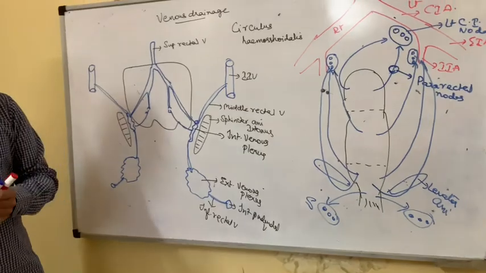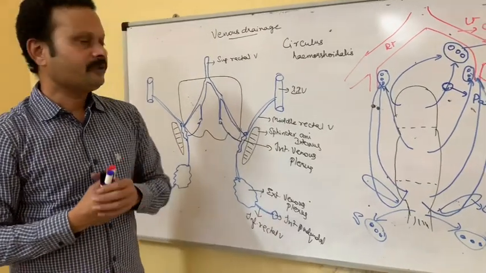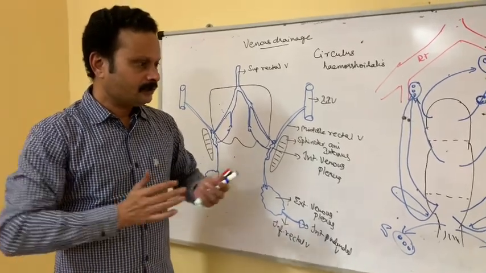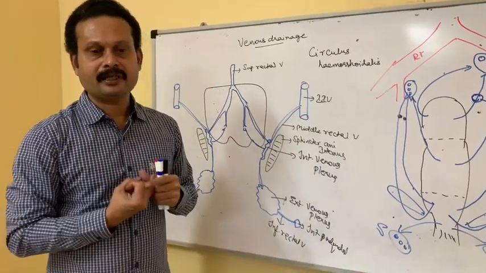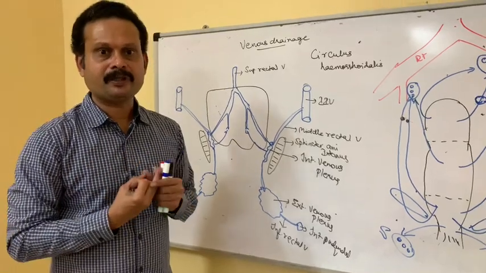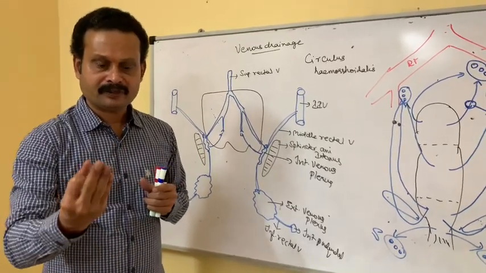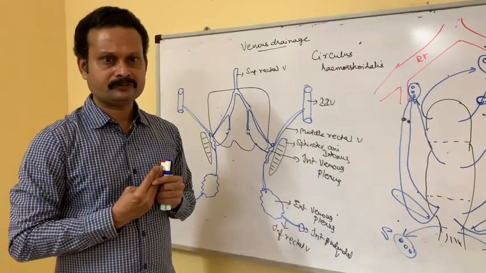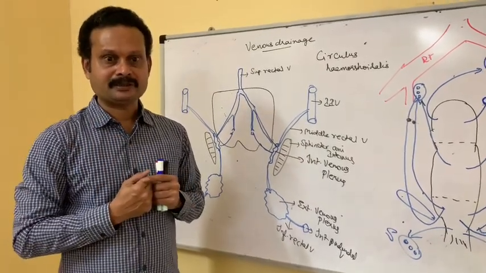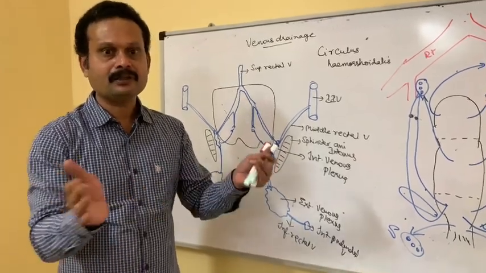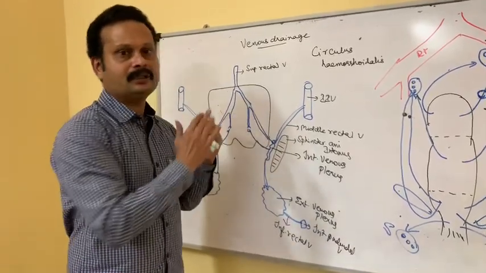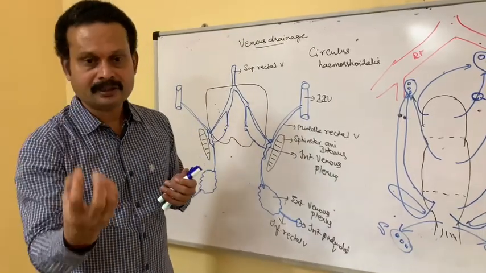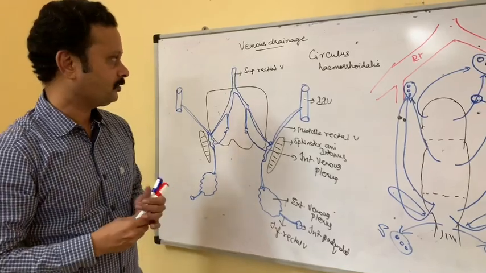So this is all about the lymphatic drainage. Coming to the supports of the rectum. The rectum is supported basically by the puborectal sling of levator ani, the corresponding pelvic fascia, the fascia of Waldeyer, the lateral ligament of rectum, the pelvirectal space, and the ischiorectal fossa. All these things support the rectum in position. If there is a weakness in the support, it might result in prolapse of the rectum.